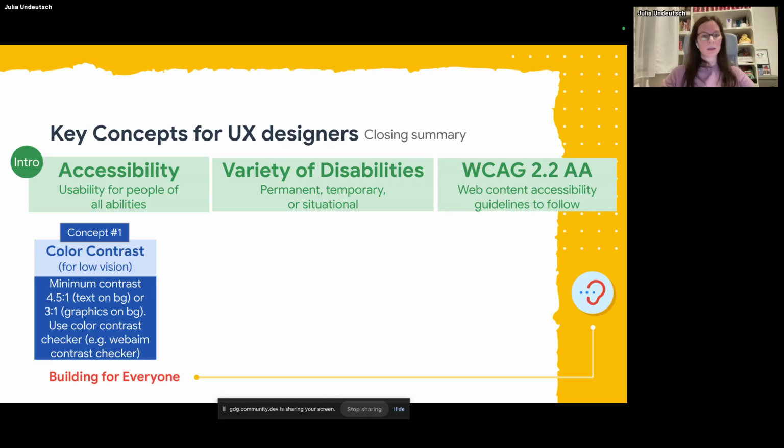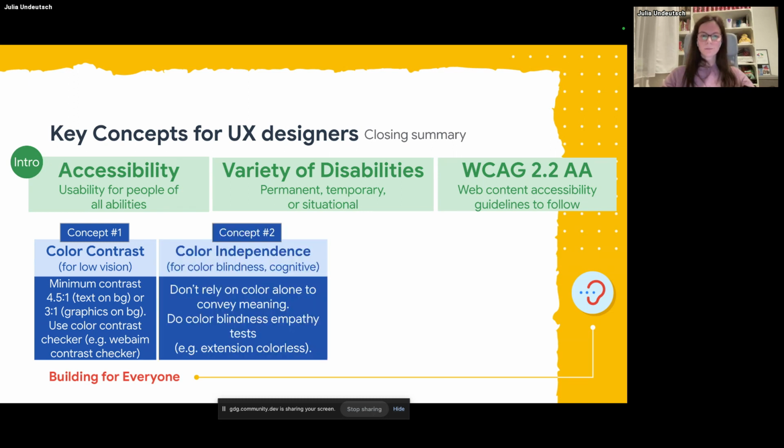And we also talked about concepts like color contrast for low vision, for example, having a minimum contrast of 4.5 to 1 for text on background. And for graphics, it's 3 to 1. Always use a color contrast checker before you use colors in your project.